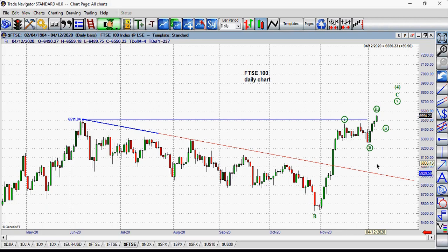And that ending diagonal would be wave C, as you can see, of an ABC. And you can see already it's above the top of wave A, because this is A, this is B, and then we are near the end of wave C. Okay, as I said,